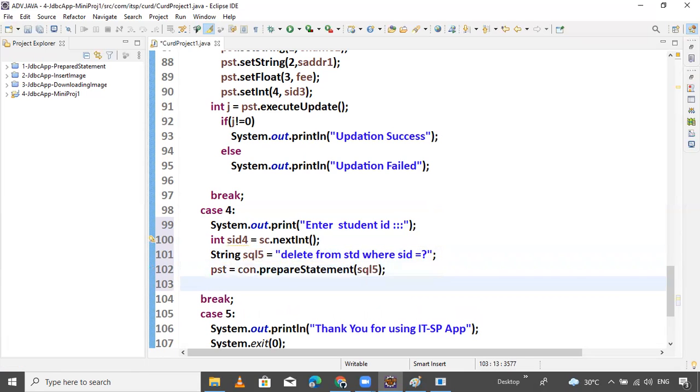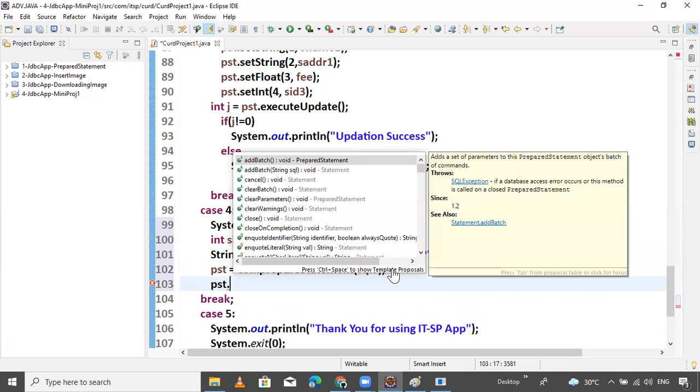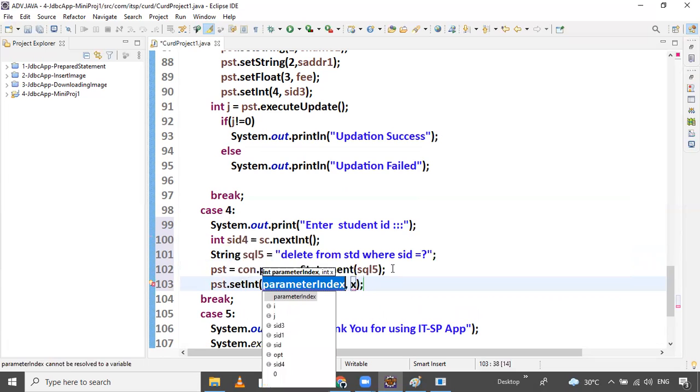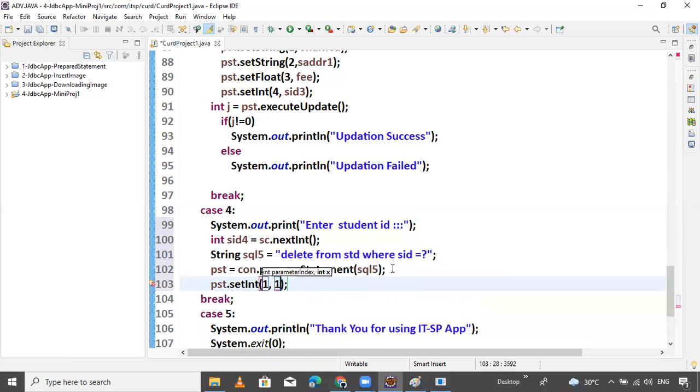Now set the ID value inside the prepared statement. PST dot setInt 1, and SID 4.